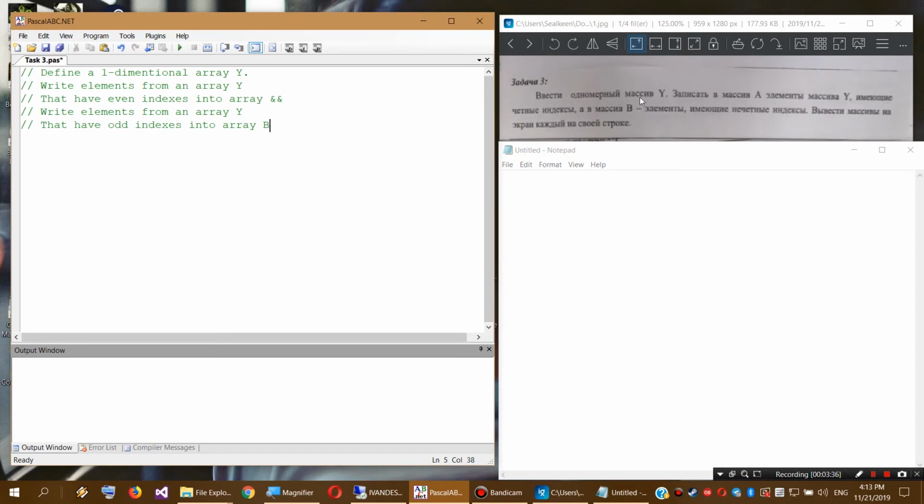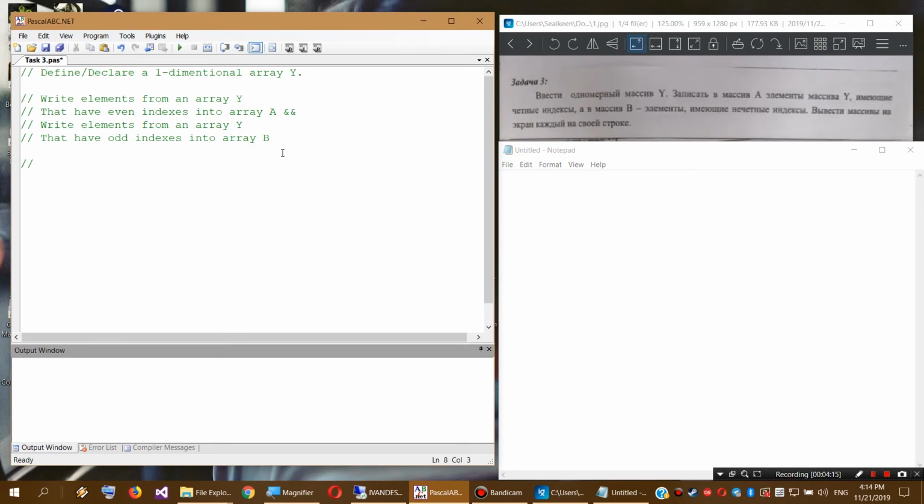Declare a one-dimensional array Y. Write elements from an array Y into array A, those elements from an array Y that have even indexes, and into array B those elements that have odd indexes,